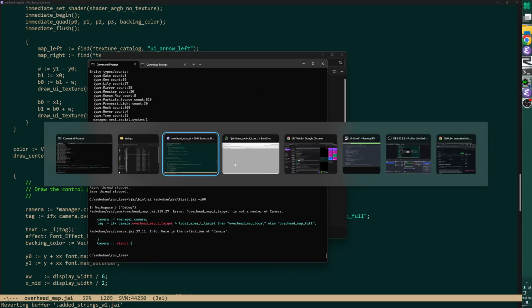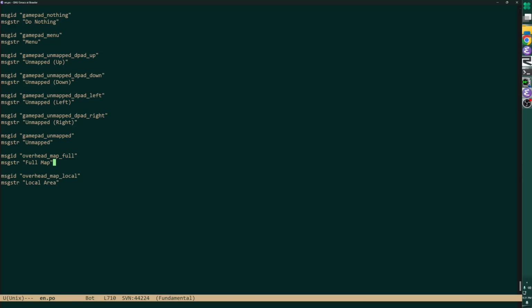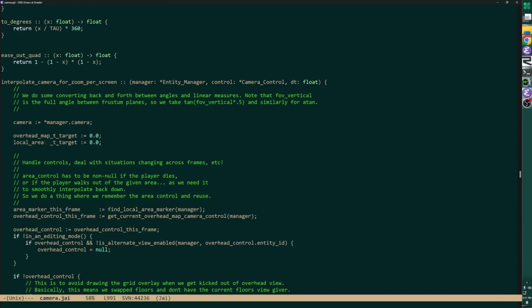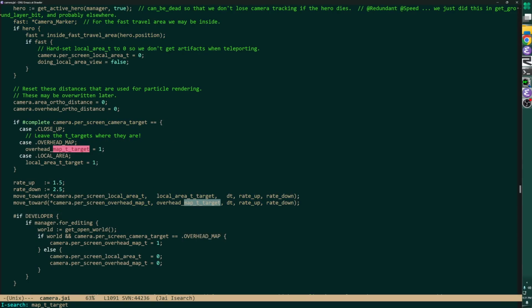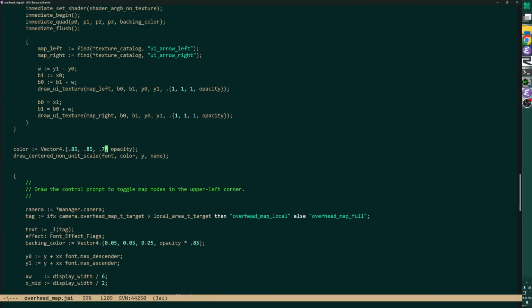Overhead map T to what? Oh, those are the local variables. We can just change, okay, wait. We can do this. So if that